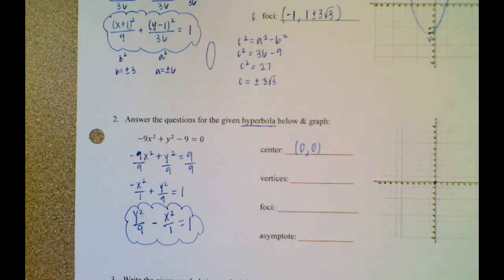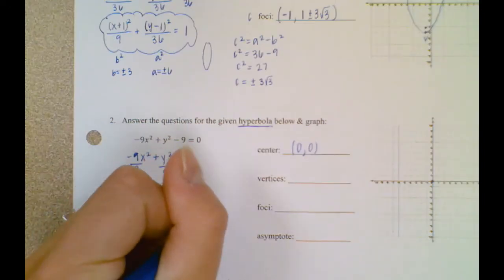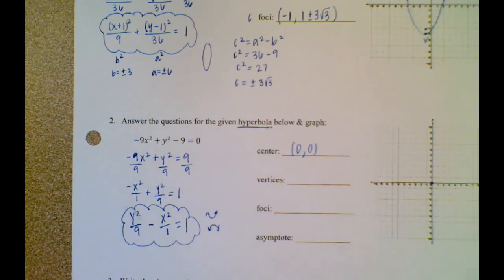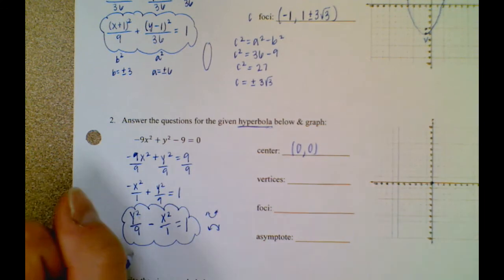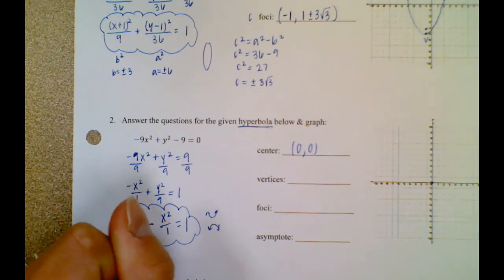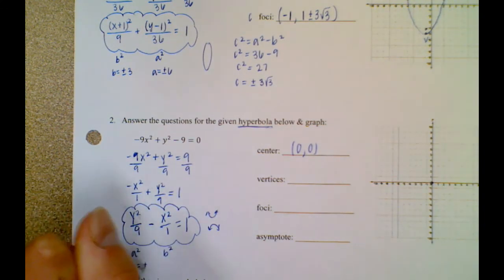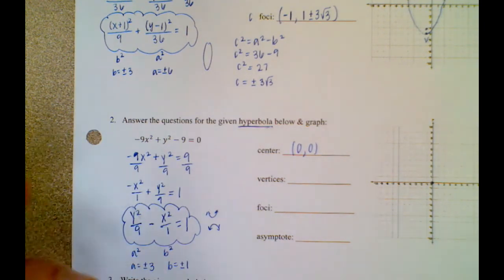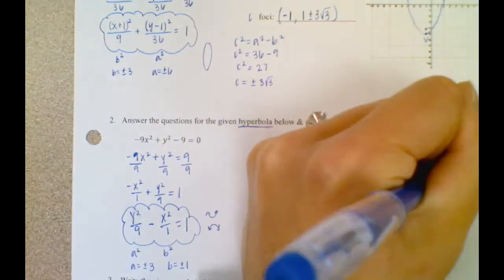So let's first determine which direction this hyperbola will open. Because the y squared term comes first, it's going to look like this. You guys can see that on your formula sheet. It's y squared minus x squared. So with that said, A is always first in a hyperbola, and B is always second. So A is plus or minus 3. B is plus or minus 1 when I take the square root of those. So my vertices, I'm going to move up 3 and down 3 from the center